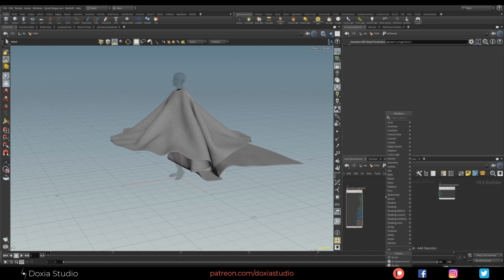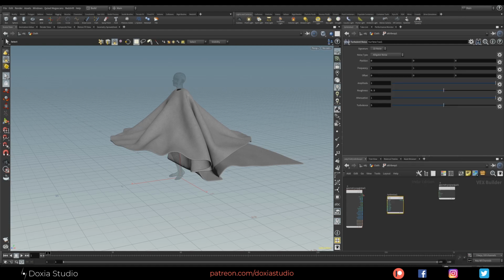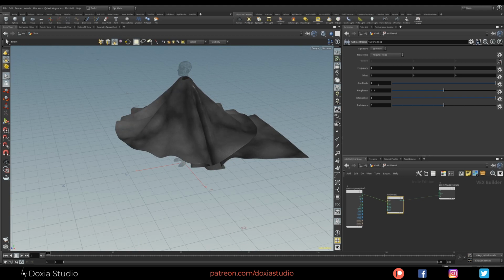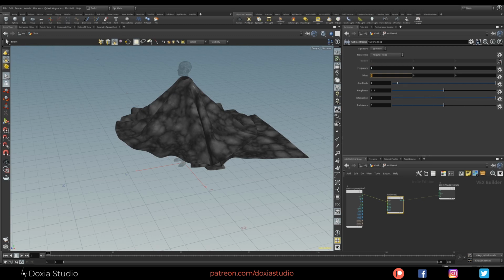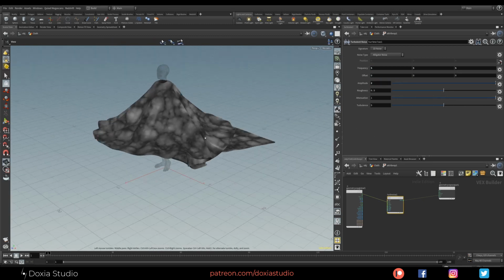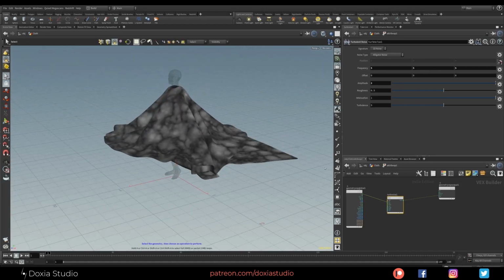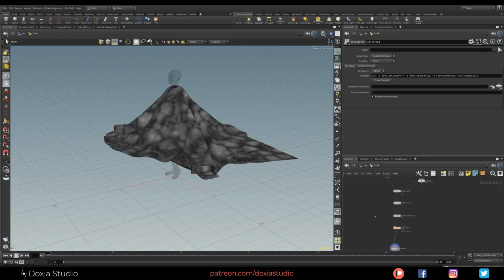And I just use a turbulence noise to color our cloth. Just like that. And I increase this and change the amplitude. This way I color the coat. But for that I had a different solver for only the coat. I had a solver for the skirt and another solver for the coat.